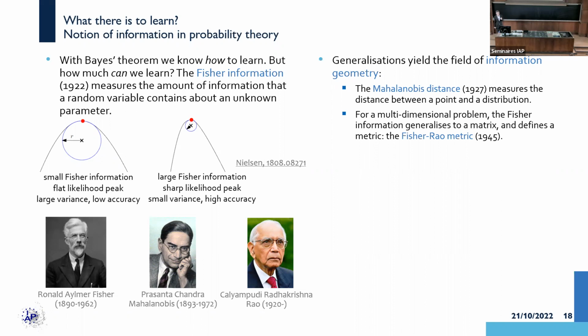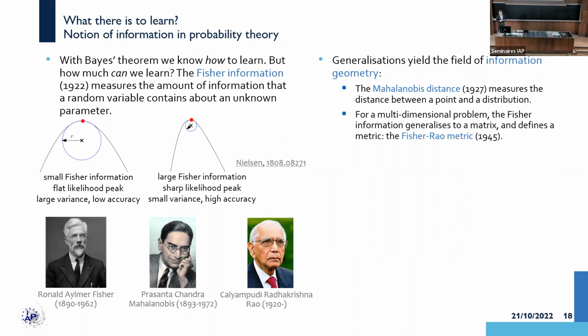First question you can ask is, if you have one point drawn from a distribution, how unlikely is it that you draw this point from the distribution? This is where you have to take into account something known as the Mahalanobis distance, which measures the distance between a point and a distribution. For a multidimensional problem, the Fisher information generalizes to a matrix, the Fisher information matrix, and it defines a metric, the Fisher-Rao metric. It's interesting to see that in information geometry, many of the tools that appear in general relativity are used: the notion of connection, the Christoffel symbols, the metric, geodesics,